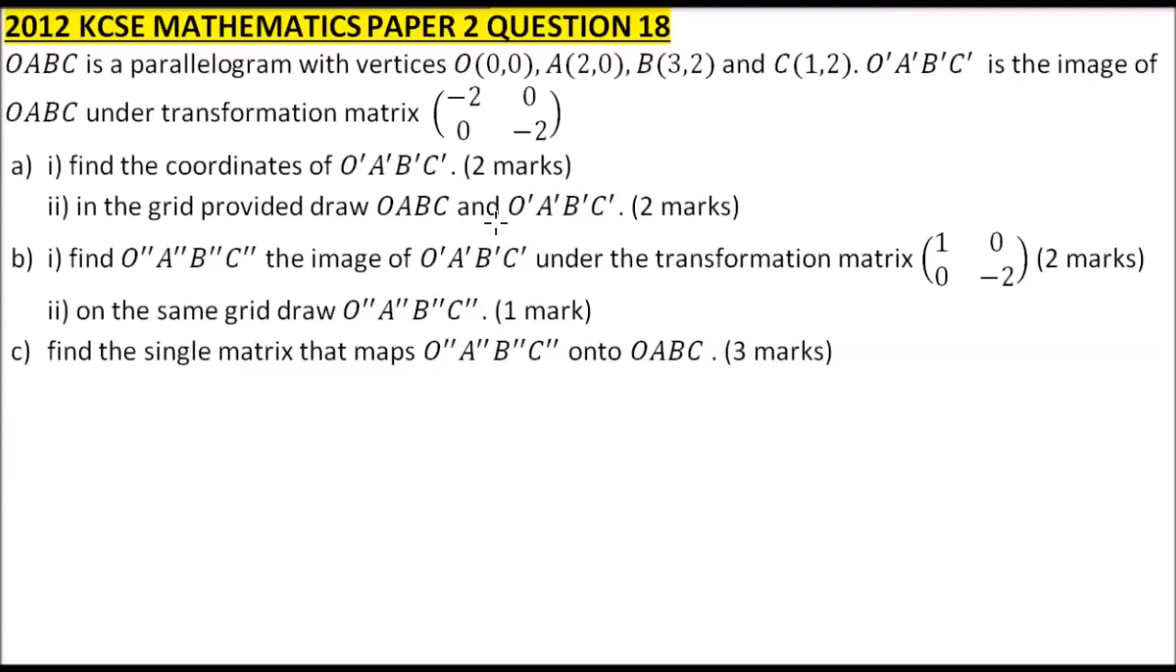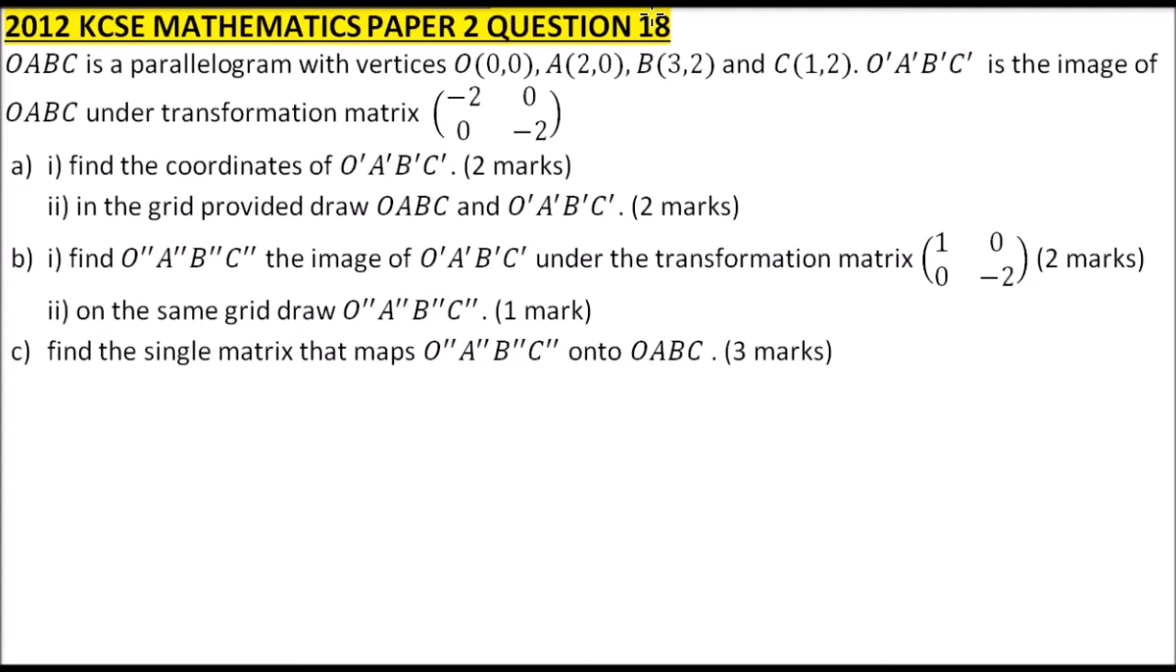This is 2012 KCSE paper 2 question number 18, and we are told OABC is a parallelogram with vertices O(0,0), A(2,0), B(3,2), C(1,2). OABC prime is the image of OABC under a transformation matrix (-2, 0, 0, -2). Part A, Roman number 1, find the coordinates of